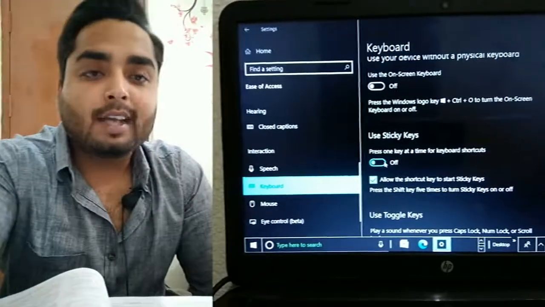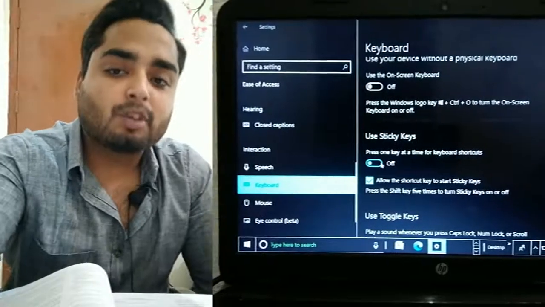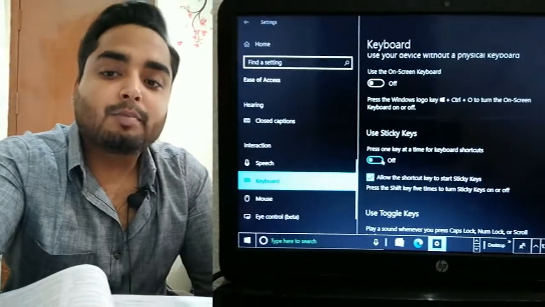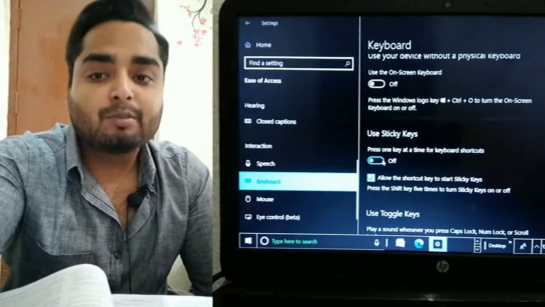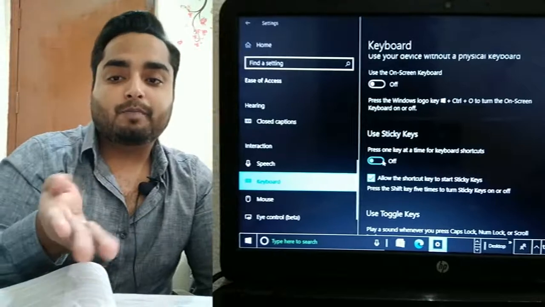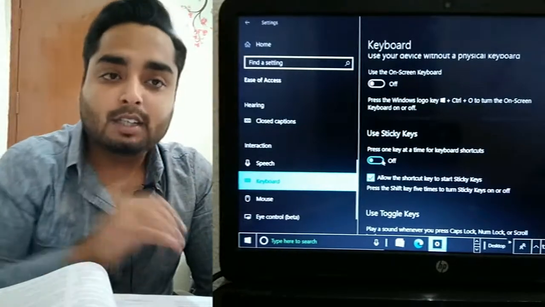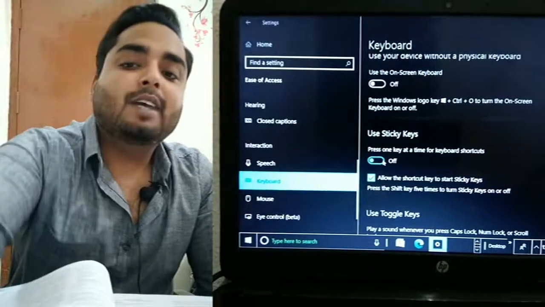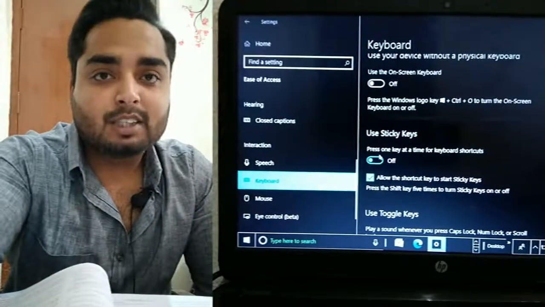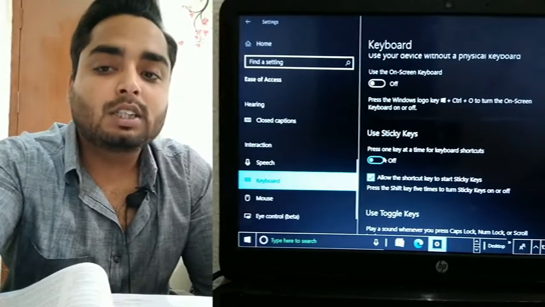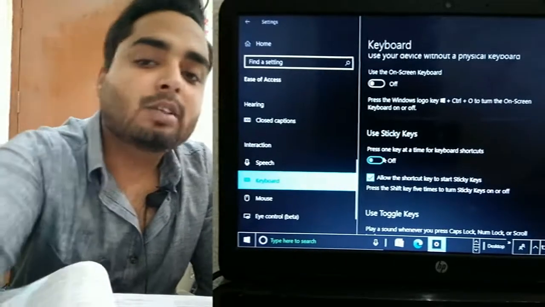When we click on a Control, Shift, or Alt key, we don't have to keep holding that particular key. By using sticky keys, we can click only one time on the Control key, Alt key, or Shift key, and then go to the next key.